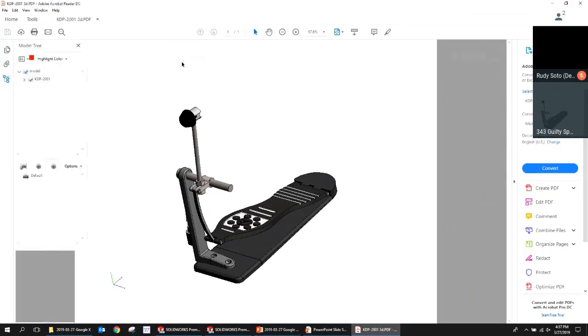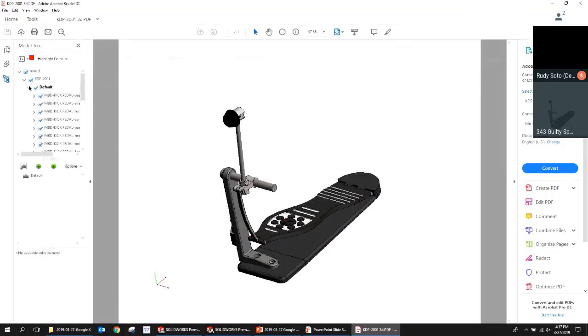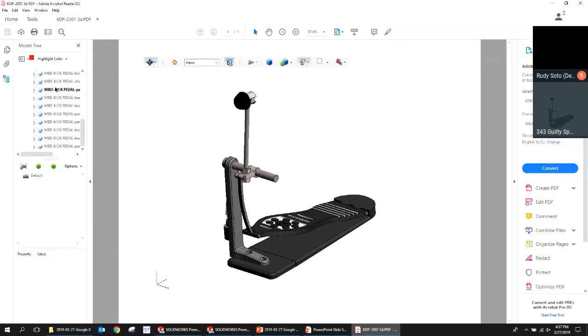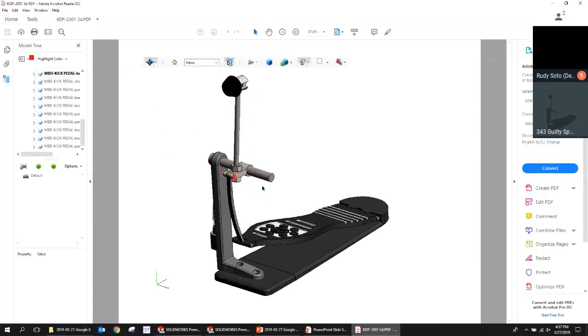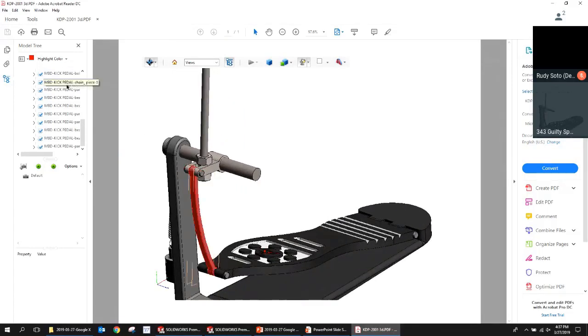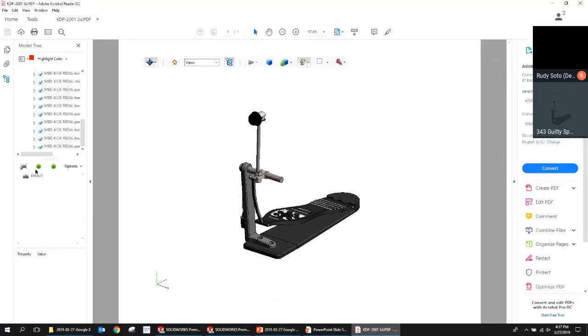There's a lot of information kind of embedded in here too. Like you can see the full assembly tree here in this 3D PDF. Does it highlight when you click on the parts? Oh, it does. Yeah. Cool. Great question. I think you can even play through the views. I forget how to do it in here, but there's a way you can play through the views too, where it'll show you all the different views.